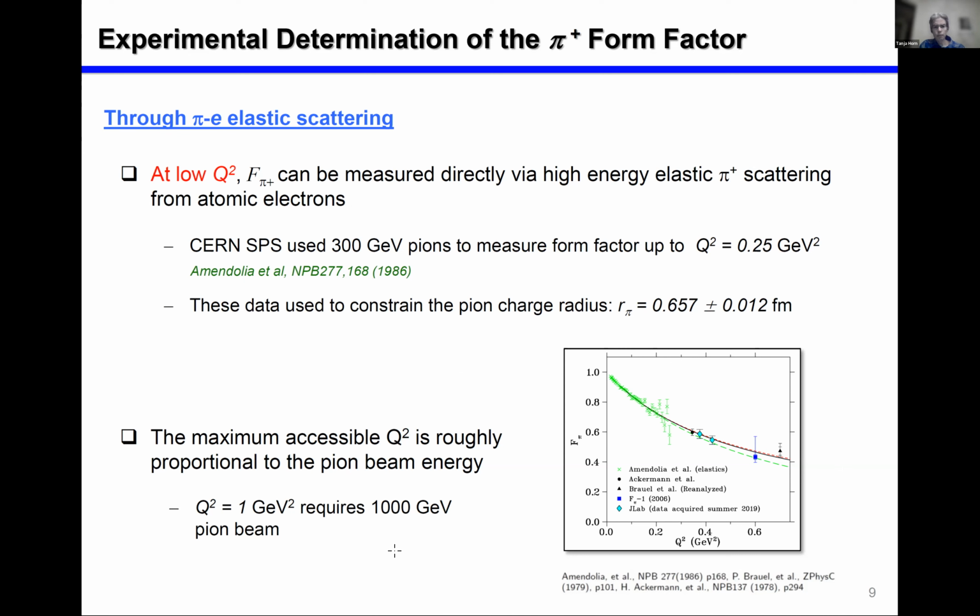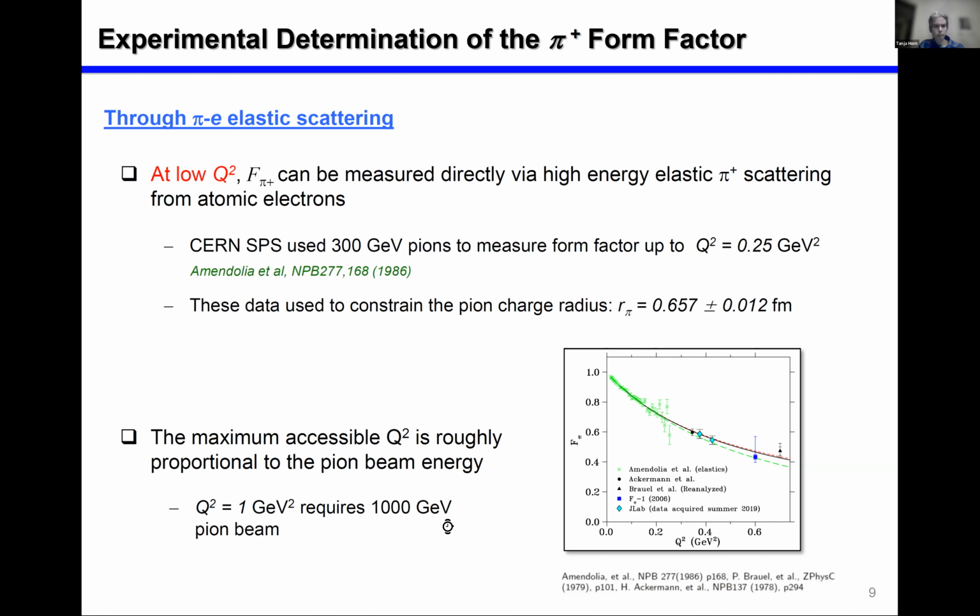Well, it's just because in this measurement, the Q-squared value you want to achieve is proportional to the pion beam energy. And so if you wanted to go to 1 GeV squared, you would need something like a 1,000 GeV pion beam, and you can do the math. I mean, it's just not very efficient to do it this way. And of course, everything at these energies is scattered very forward and makes it experimentally extremely challenging